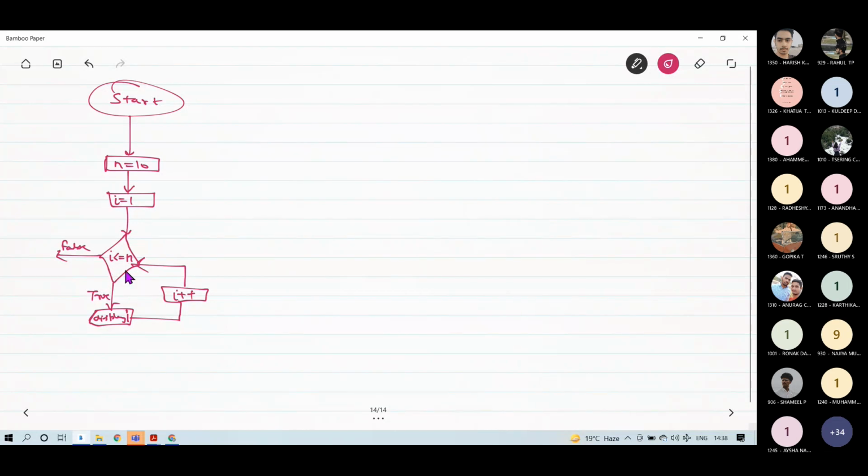Whenever this condition becomes false, it will come outside this loop, and then I simply have to end my program. I will write end.